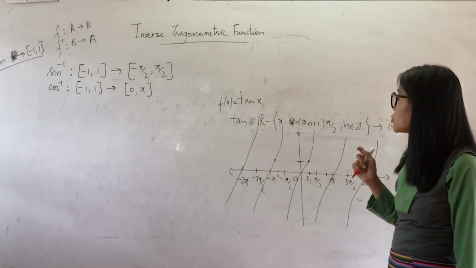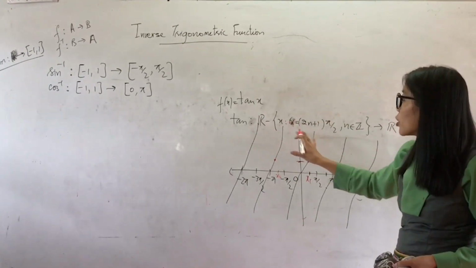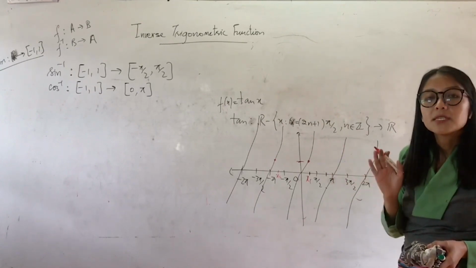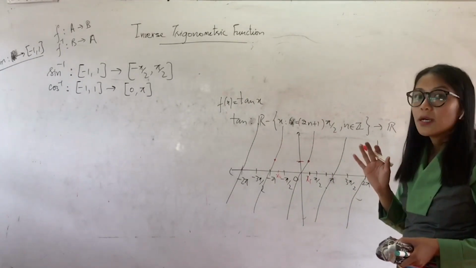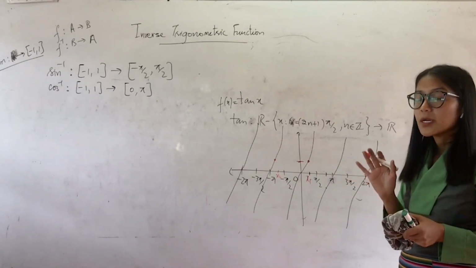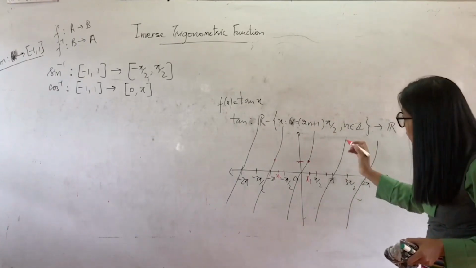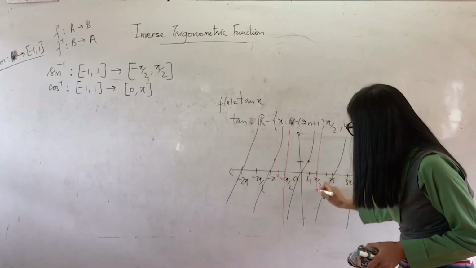So now what I need to do is the same as in these two cases. I need to restrict the domain of tan so that in such smaller intervals tan becomes invertible and we can find tan inverse. Now our aim is only to make smaller intervals where tan becomes bijective. So now can you see, it's quite simple. If I take one interval, negative pi by 2 to positive pi by 2.